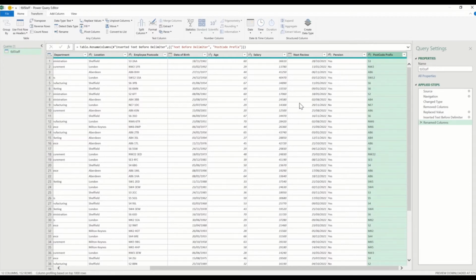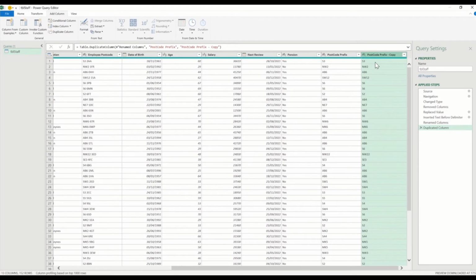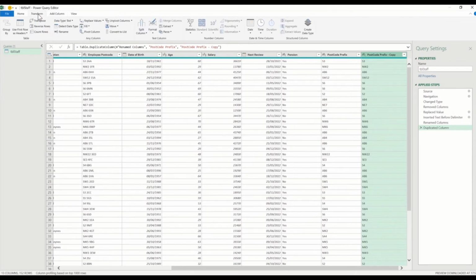But let's do another one now, and this time let's add a column by first of all duplicating the column, but then effectively transforming it, removing the numbers off the end. So a little bit of a different spin on this, various ways you could do it, but I'm going to duplicate the postcode prefix column. We'll rename it in a second, but now rather than adding column, I'm transforming the one I've got. So I'm going to go to my Transform tab,